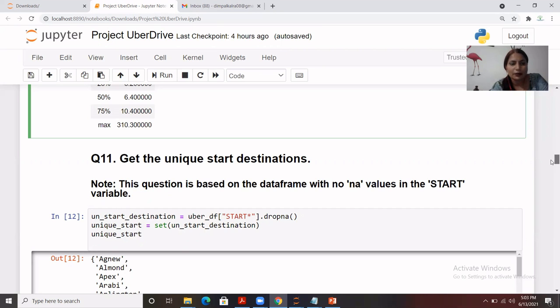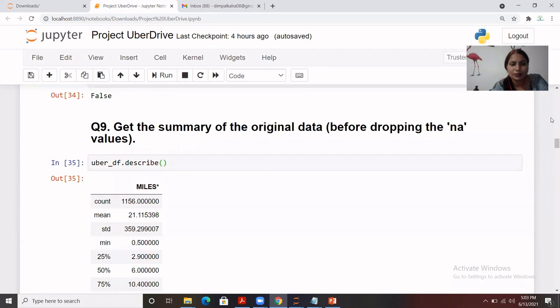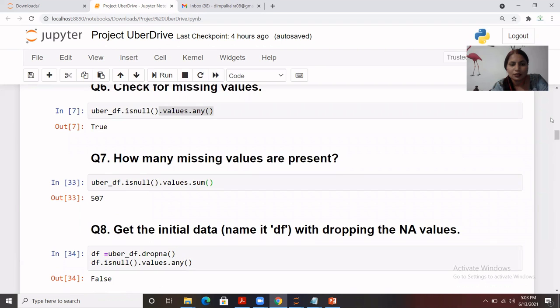Let me showcase that. Here it is: get the initial data named df with dropping the NA values. So we have created the new data frame after dropping missing records.